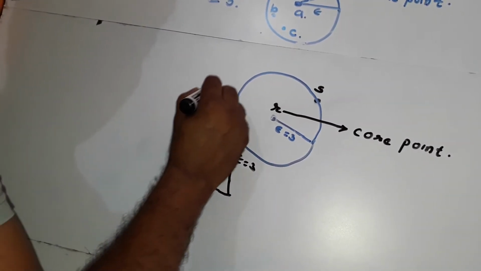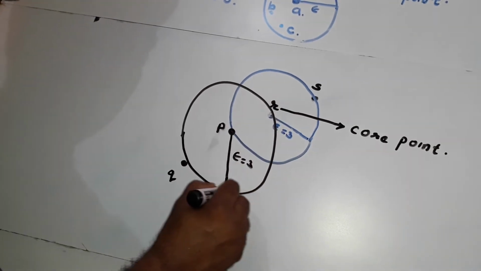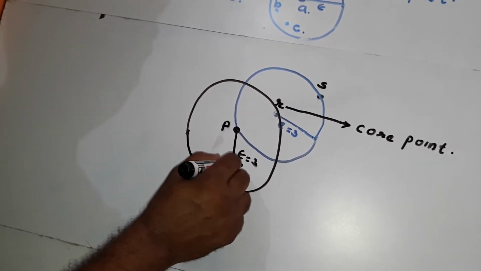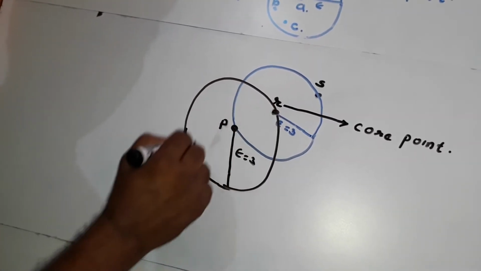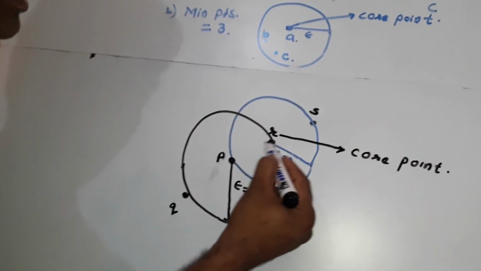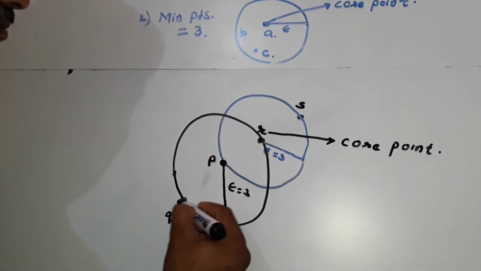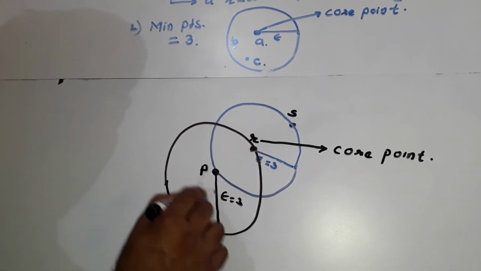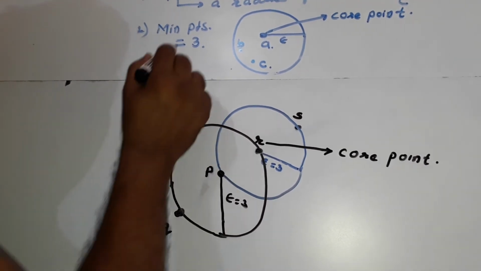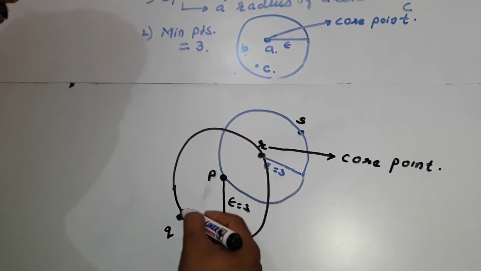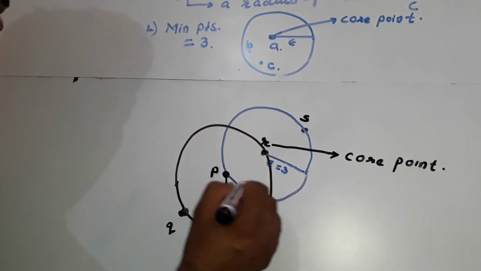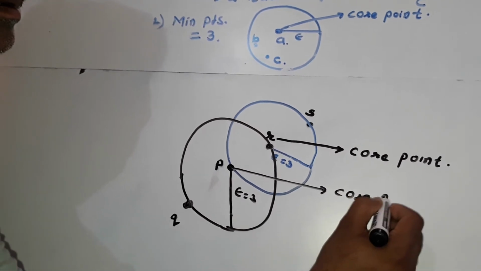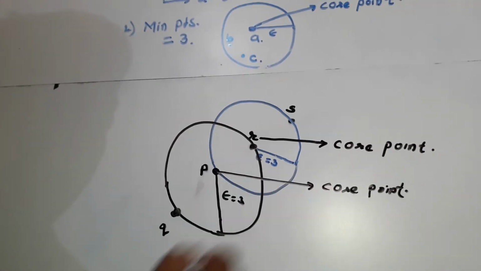So what we did is we have drawn a circle by taking P as a reference data point and epsilon as 3. So here also what we have identified is that once again 3 data points are within the vicinity of the circle which is being drawn by using the center P and epsilon equal to 3, right? So my condition is that the minimum points should be within the vicinity of the circle. So here also I can say that P is a core point.